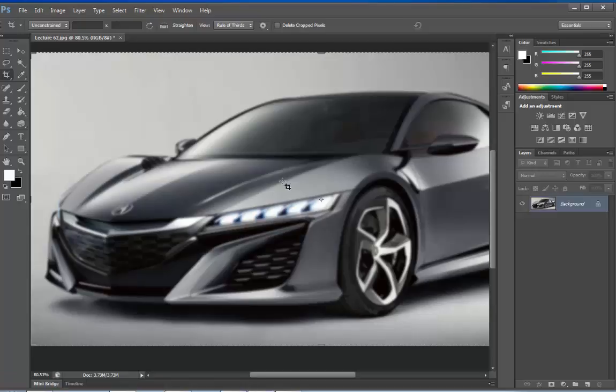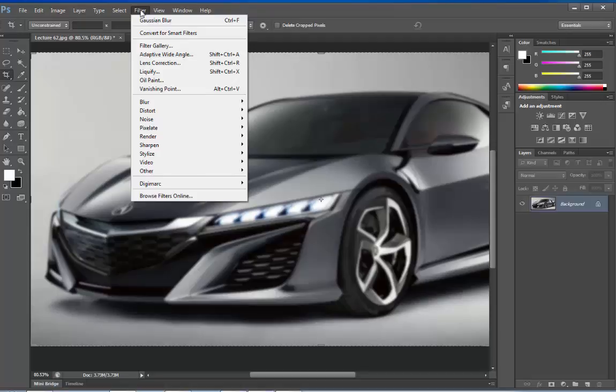So you can select any of the filters, make some settings and apply them to give some nice effects to our images. I suggest you go ahead and explore these options under the filter menu, and you will get a better understanding of what all can be done with some of these.